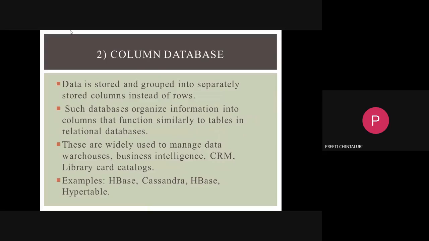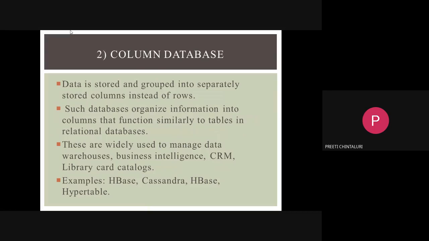The next type of database is column database. In this column database, data is stored and grouped into separately stored columns instead of rows. Such databases organize information into columns that function similarly to tables in relational databases. These are widely used to manage data warehouses, business intelligence, CRM, library card catalogs. Examples of this column database are